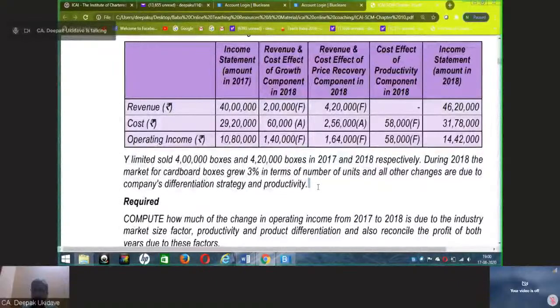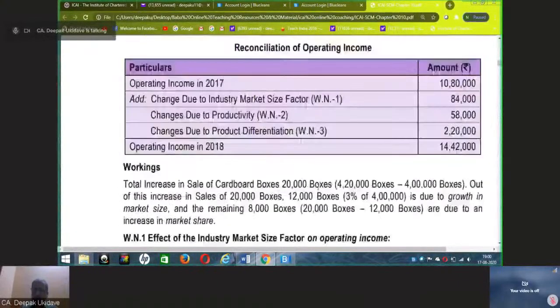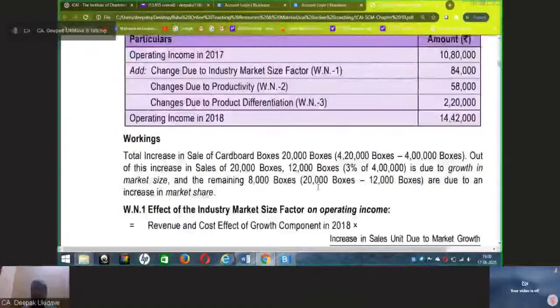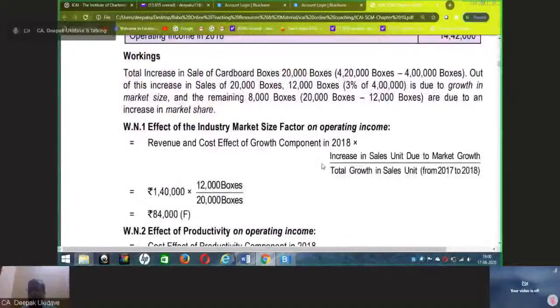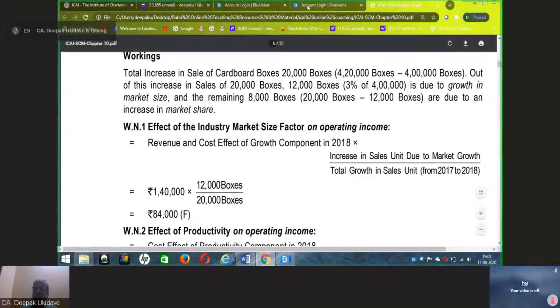Any doubt you have in any calculation or any of the figures, you can ask. Again, you cannot learn the formulae by heart, you cannot memorize the formulae, not required. You are expected to apply these formulae. So revenue and cost effect of growth component. This is how you will write categorically. Revenue and cost effect of growth component in 2018. That is 1,40,000. And 1,40,000 multiplied by 12,000 boxes, which is the increase in the market size, divided by total increase,